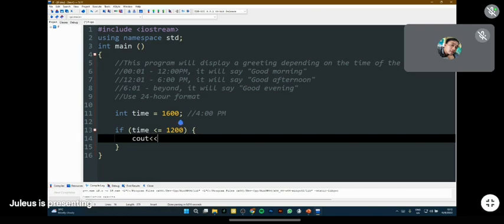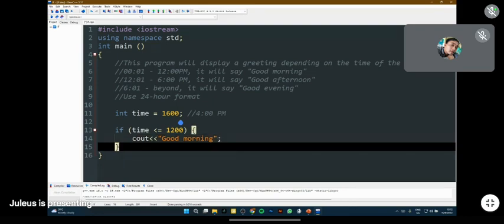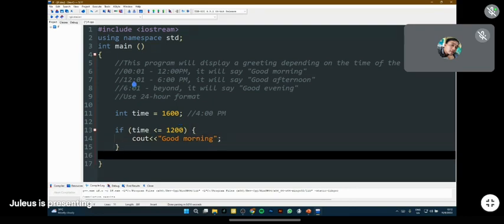However, if it's going to be 12:01 to 6 p.m., it will say good afternoon.